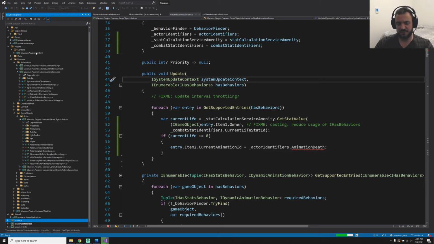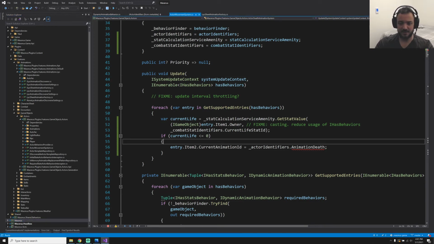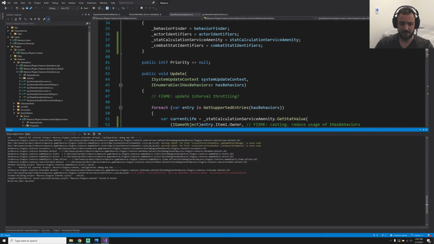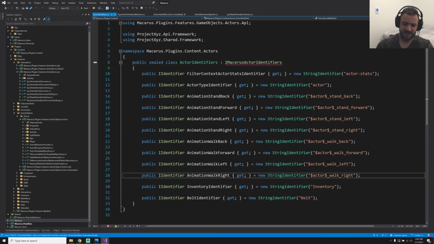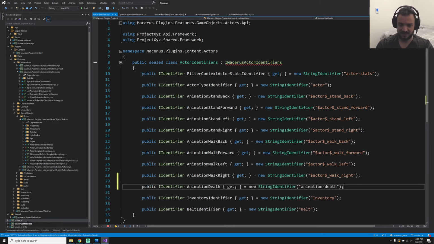content project, that one won't compile actually, and that's because it's missing the property that I have copied on my clipboard. Right, so actor identifiers doesn't implement it. Looks very similar, right? But it's a little different. It actually